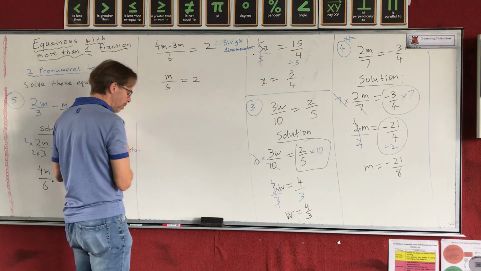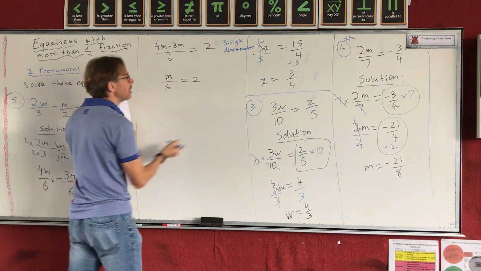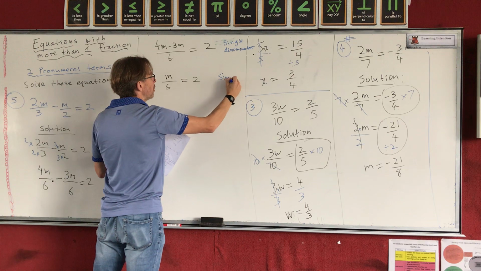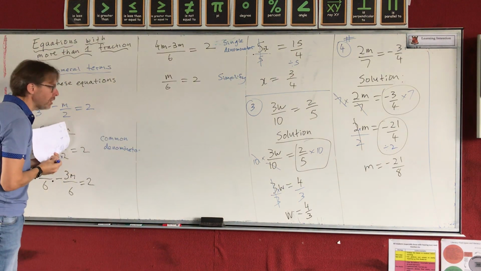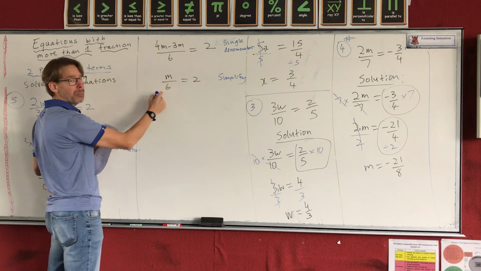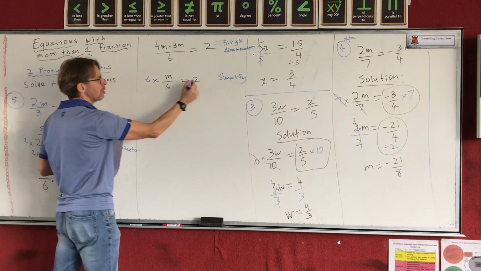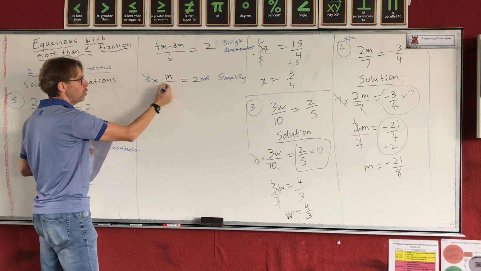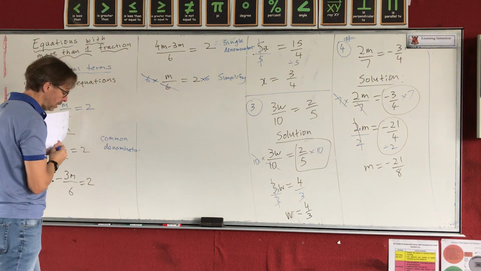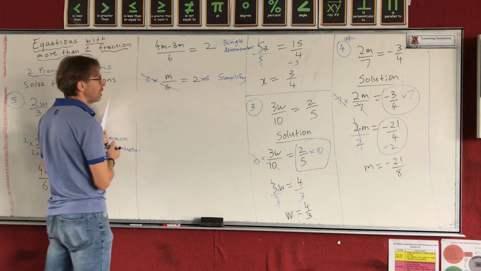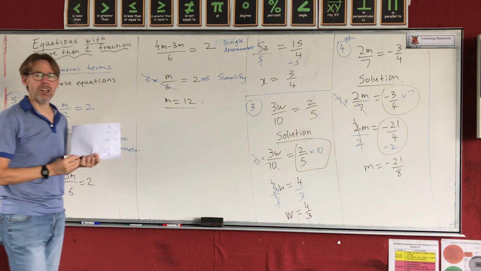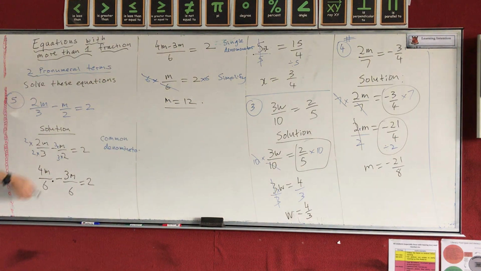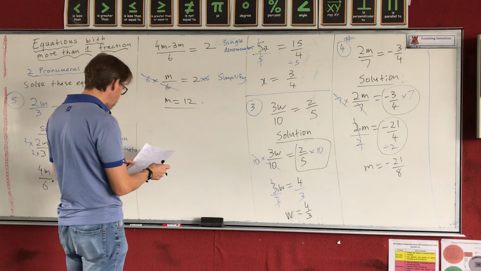Okay, so the next step is to simplify. And then the last step will be to get the m by itself. You're going to times by 6, cancel numerator with denominator, and the final answer is m equals 12. There we go. Alright, copy that whole thing down into your notes, and then you're going to try the next question by yourself,